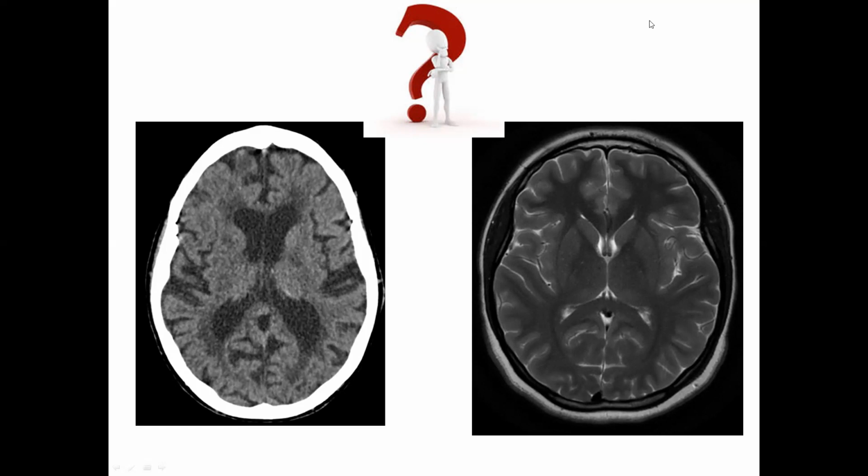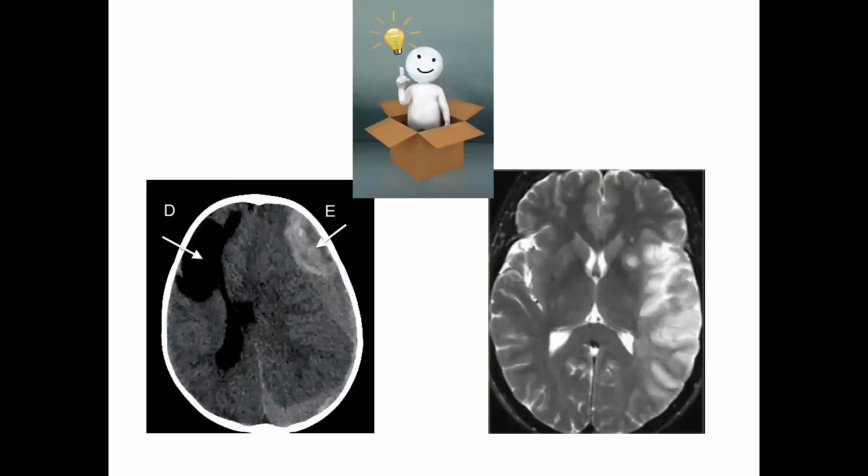In this slide, of the two images given, which do you think is a CT? Which one could be an MRI? What are the parts of the brain that you see here? And do you think it's a normal or abnormal picture? Can you answer my questions? Of course, these images are normal. The one that you see here, both these are abnormal.